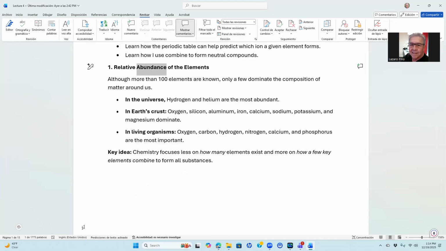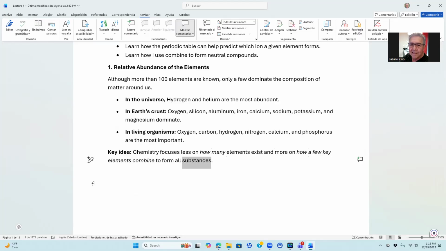1. Relative abundance of the elements. Although more than 100 elements are known, only a few dominate the composition of matter around us. In the universe, hydrogen and helium are the most abundant. In Earth's crust, oxygen, silicon, aluminum, iron, calcium, sodium, potassium, and magnesium dominate. In living organisms, oxygen, carbon, hydrogen, nitrogen, calcium, and phosphorus are the most important. Key idea: chemistry focuses less on how many elements exist and more on how a few key elements combine to